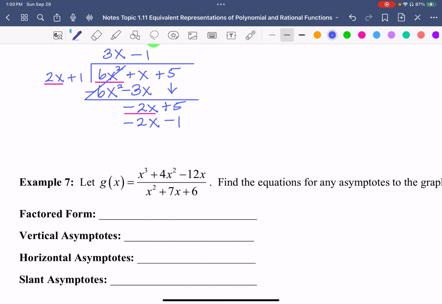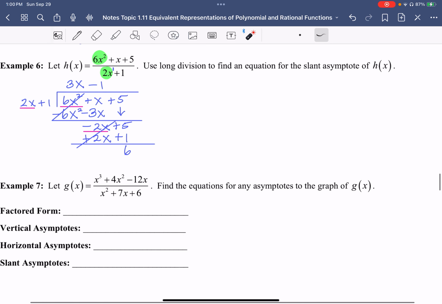And the next step is to change the signs. They were both negative, so now they will both be positive. These two cancel out, and 5 plus 1 is 6. You cannot keep dividing anymore because the term on the outside is bigger than the term on the inside. Okay, so for the slant asymptote,